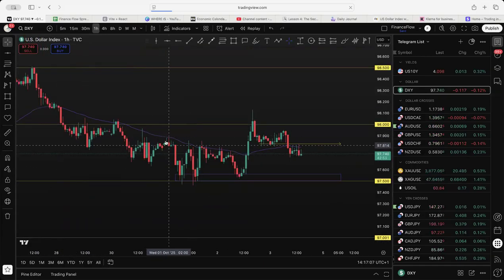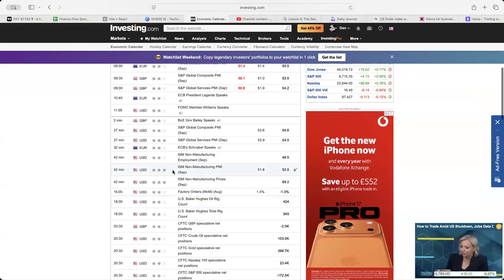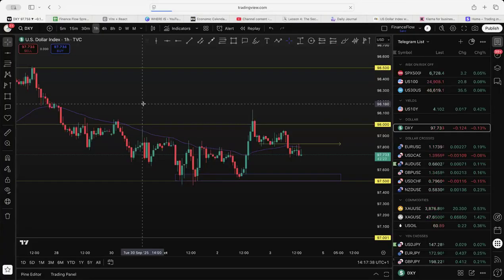We mentioned that we're stuck at the moment between 98 and 97.500. We broke this level of support here. It was about 97.820, and we're currently retesting it. So we might have a continuation to the downside. Let's then have a look at what news we've got on here. So we've got some PMI data. Everything's going to be a bit subjective in regards to what is going to be happening. So we need to be aware of this, and we can capitalize.